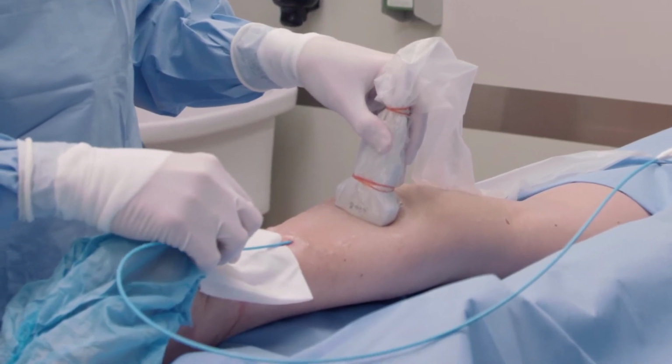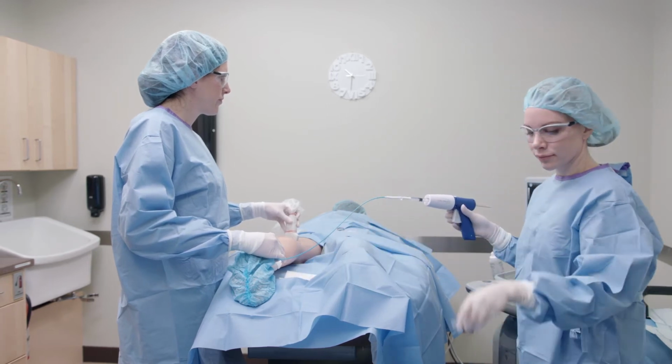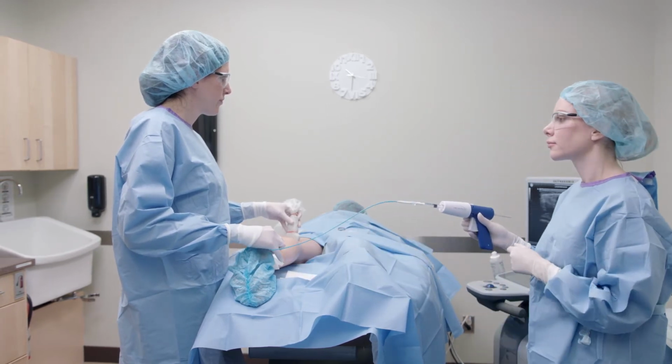As we're pulling the glue tubing out, you won't feel much, although there are some spots where if your vein is a little superficial, and we'll try to warn you of this if we anticipate it, you might feel some tugging. But the vast majority of people find this procedure goes very quickly and they are happily relieved at how easy it was. So once we are finished gluing the vein closed,